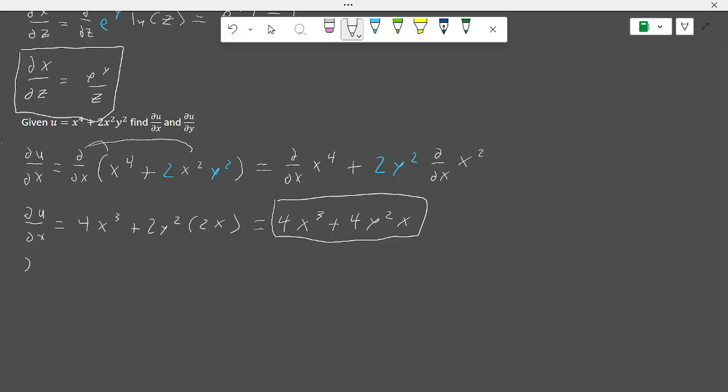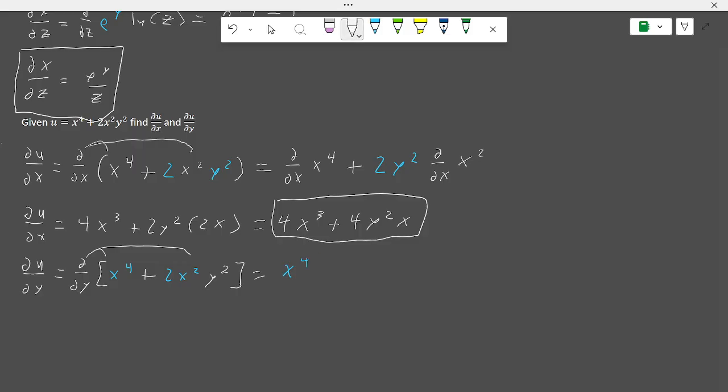Now for the second part of this problem, we're asked to find the partial derivative of u with respect to y. And you'll notice that not every term has a y in it, so you'll see what happens with that. We have the derivative with respect to y, we'll write our constants in blue again, of x to the fourth plus 2x squared y squared. So we can distribute this through, and we can take our constants out, and that will leave us with x to the fourth, I'll write these in blue for now,